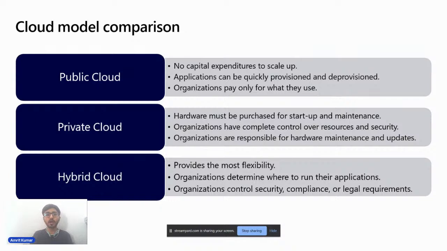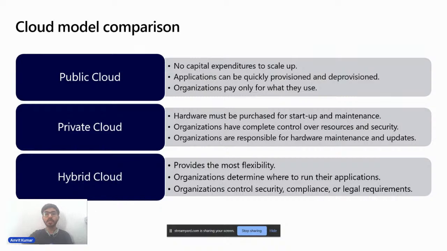You don't need to pay monthly or annually, and you don't need to pay money in advance; you only pay for what you have used. That's why it's known as the pay-as-you-go model.